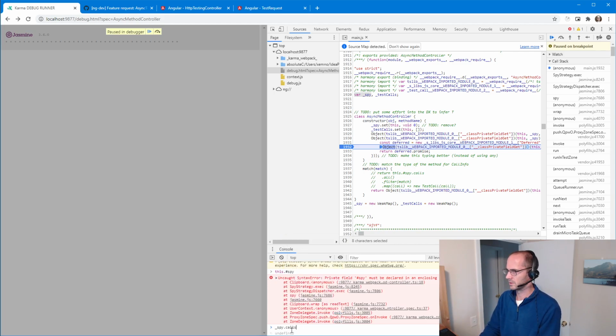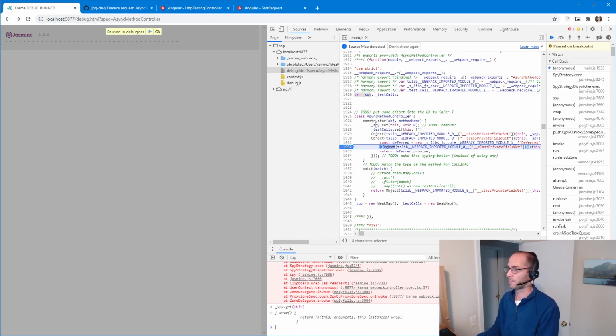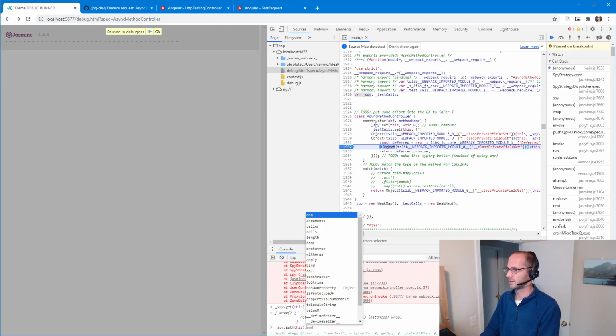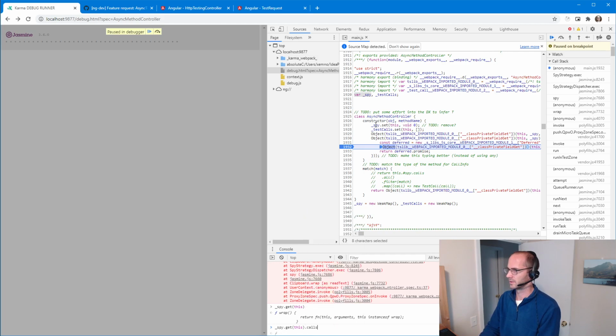Spy.calls is undefined. What is spy? Spy is a weak map? Oh my, the down leveling is even fancier than that. Spy dot get this. Wow. Dot calls. Okay, so what I figured out there,